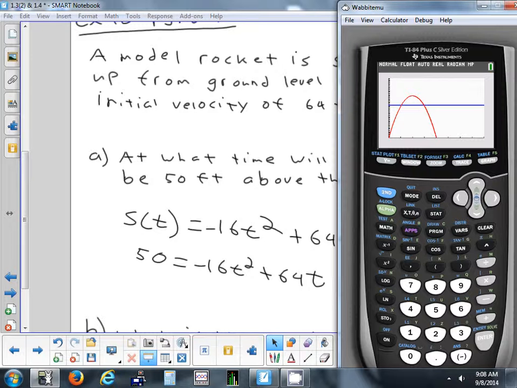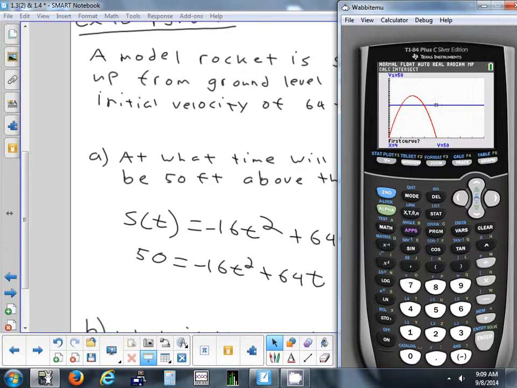How would you find the time when the object is above 50 feet? First, how would you describe that time? Is it an instant in time, like it just reaches 50 feet and then starts to come right back down? Or is it more of a range between two times that it's going to be above 50 feet? Yeah, it's a range. It's between two times,